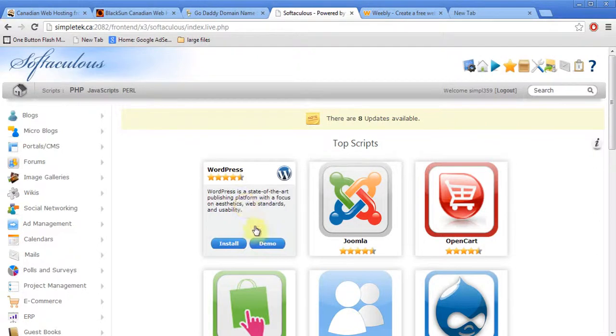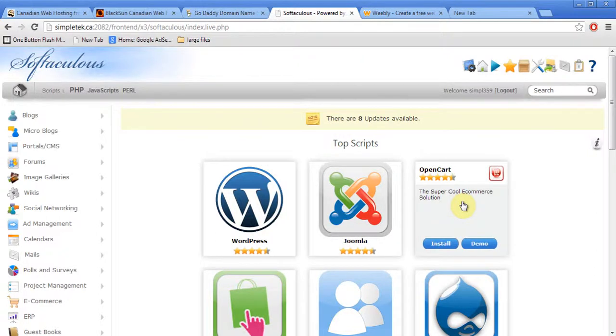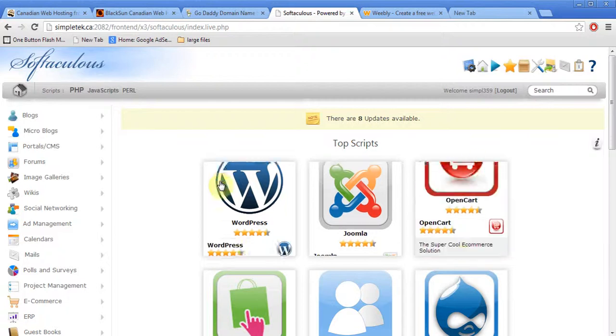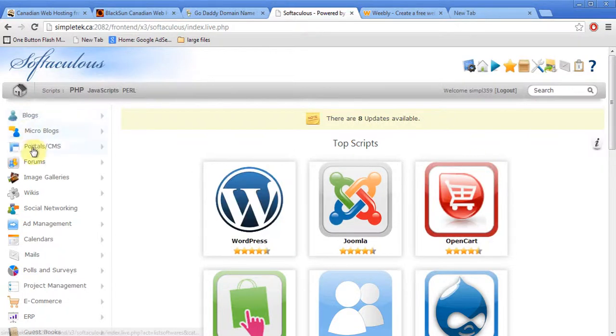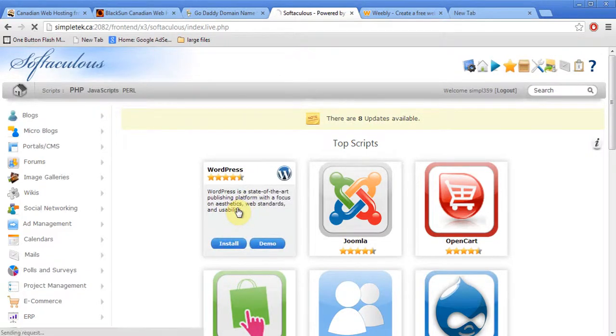And now they show me the top scripts like WordPress. Maybe at another point I'll talk about Joomla. OpenCart is for e-commerce. You can create a really good e-commerce website with this. Maybe I'll do that too. And they have split things up by different criteria. You can install forums, social networking type stuff, project management, e-commerce. And under blogs you'll see WordPress again, but I'll just go ahead and use WordPress that I want to install. So I can click it,